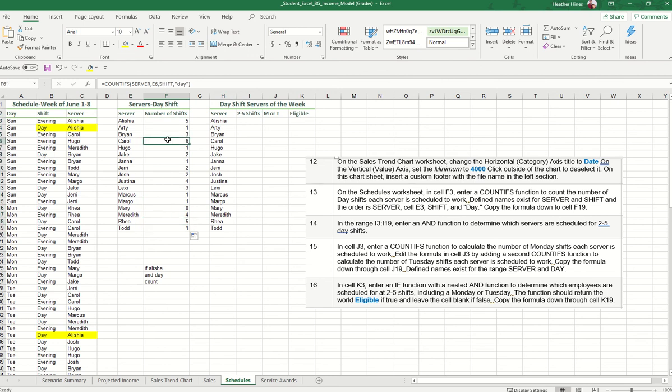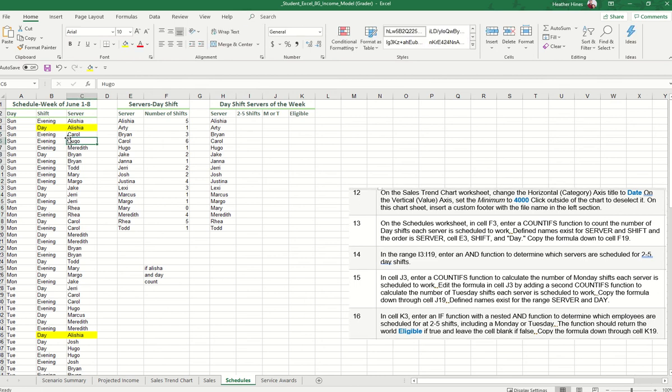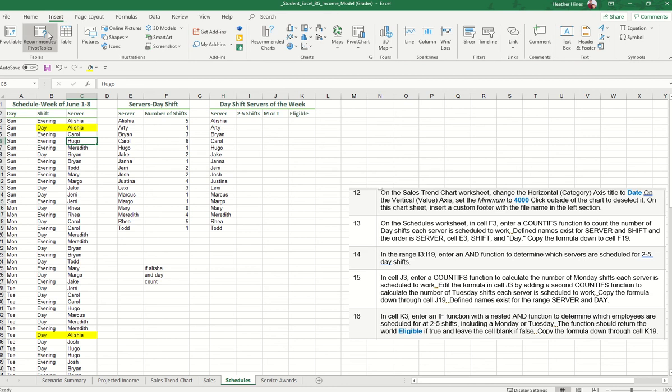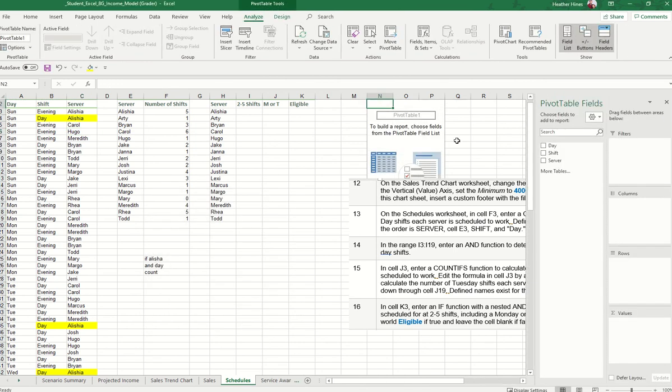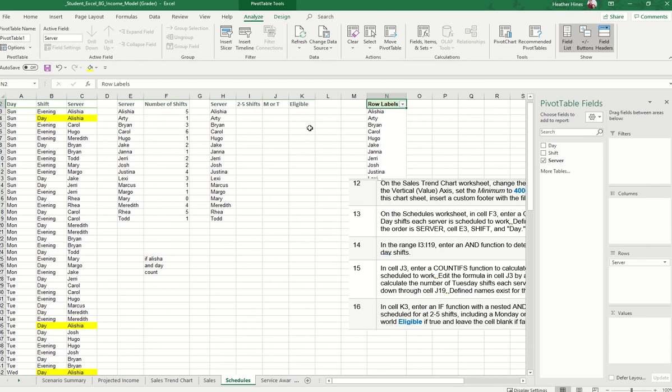What is another way that I could have accomplished this? Well, to get these same answers, remember we have something called pivot tables. So this is why I told you pivot tables are really awesome. We also could have done an insert pivot table where it looks up all this data. We can say, I'm going to just put it in this worksheet right here, give it a range. Remember, it starts blank, so I could have said, hey, I want you to look at the servers, and I want you to figure out how many shifts they have, and it'll count the number of shifts,